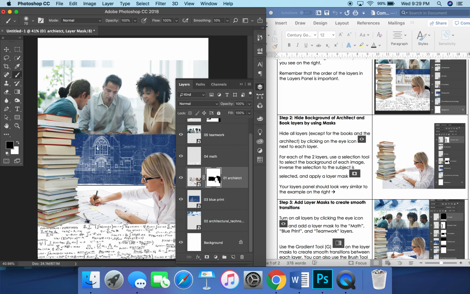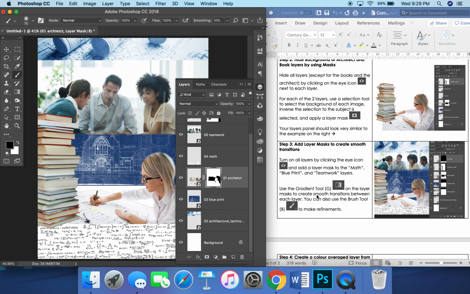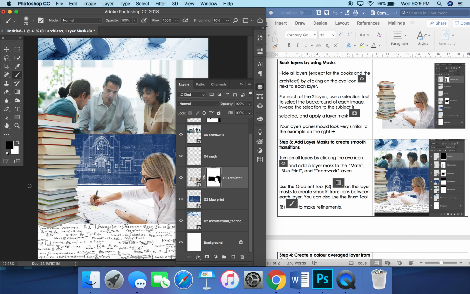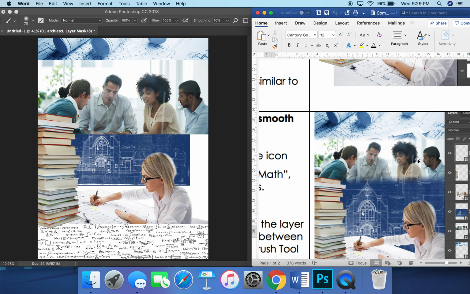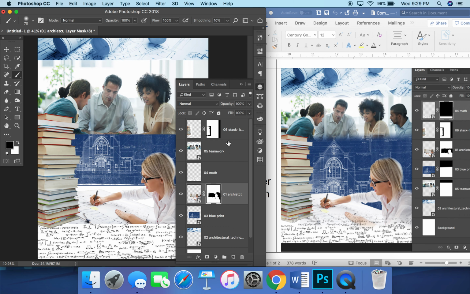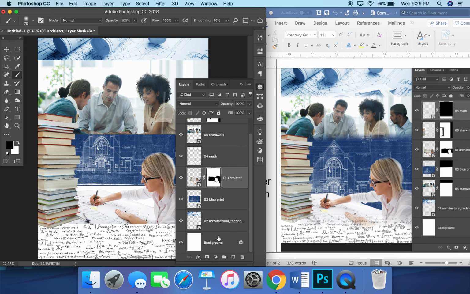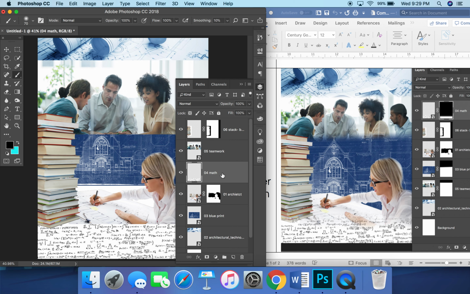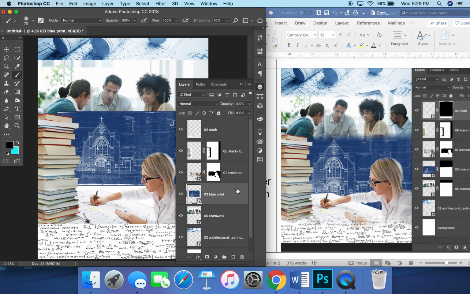So now we can see a lot more of the blueprint because we've gotten rid of the girl's background. Now, step 3 is to add layer masks and create smooth transitions between the other images. Now, what I want you to take note of right away is that in the PDF, there has been a bit of a change with the order of the layers, and this is going to be important. So at the top now, math should be at the very top. So we're going to click and drag math